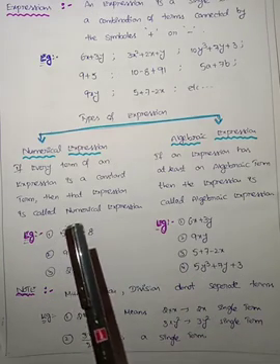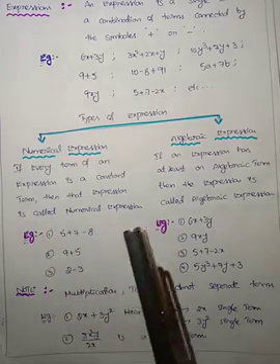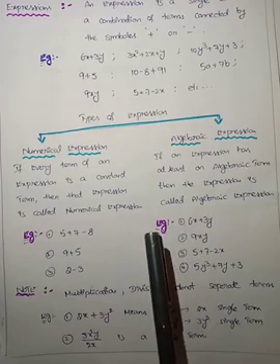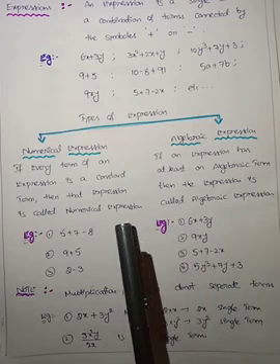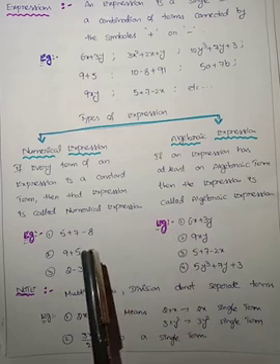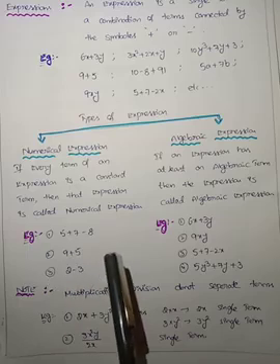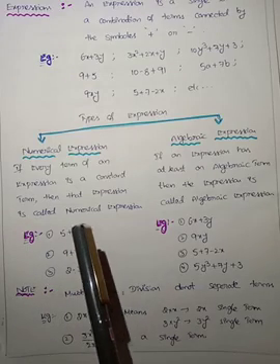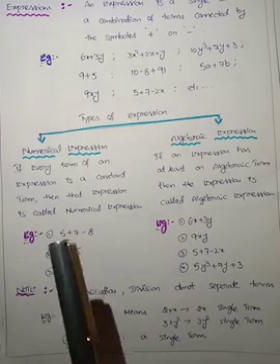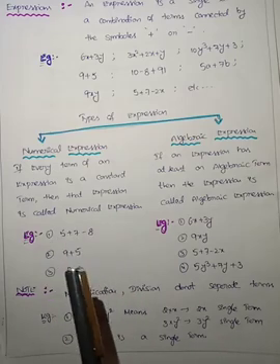Now here I am giving some examples. 5 plus 7 minus 8. 5, 7 and 8, all these are constant terms. Here are three constant terms. This expression is formed with constant terms. So this expression is called a numerical expression. And 9 plus 5 and 2 minus 3. All these examples are numerical expressions, because in these three examples there are only constant terms.